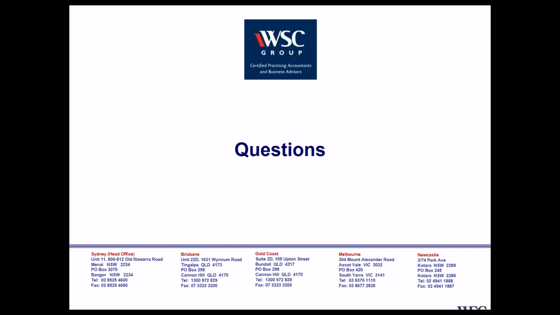So look, I hope that really helps you. Certainly talk to one of our WSC Group staff. If you're not doing a variation, make sure that you put a variation in come April. We're sending all our checklists out for that now, and it's as simple as filling in the checklist. We prepare the variation, you sign it, and then we'll get that lodged with the tax office.